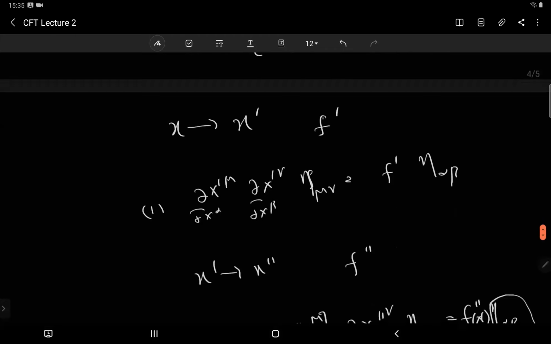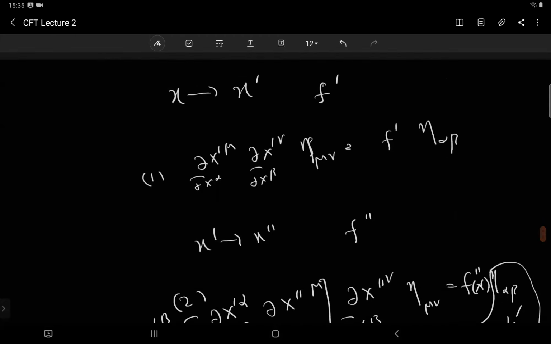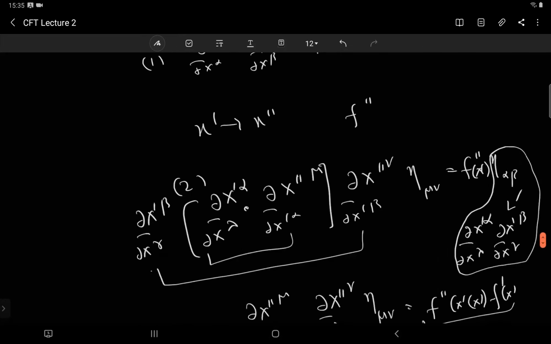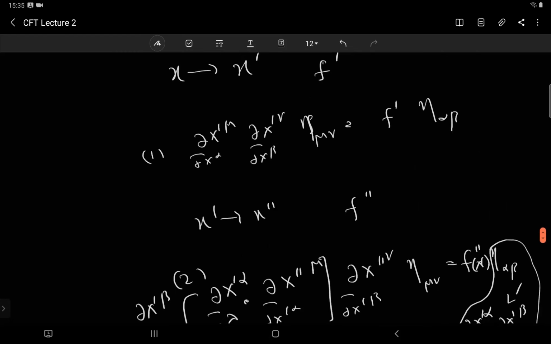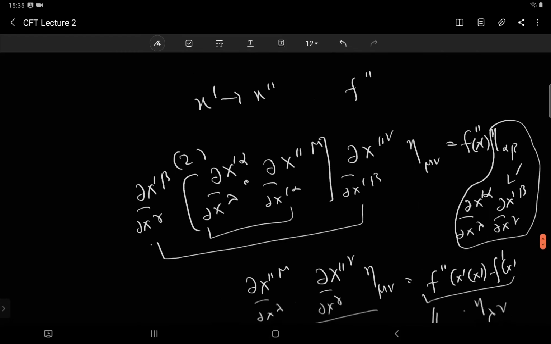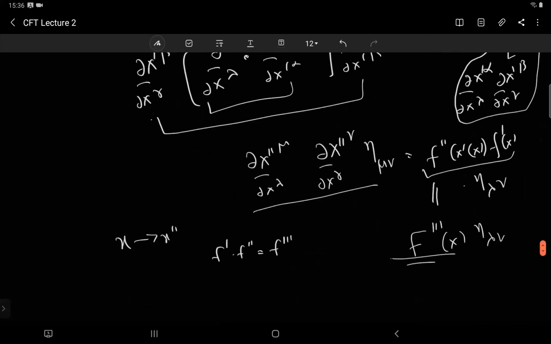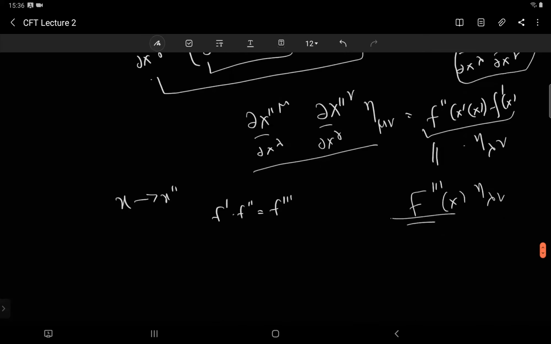Yes sir, that is also okay. And then we showed that if you do two successive conformal transformations, that is also a conformal transformation, because the net result is another conformal transformation. If I go from x to x prime and then x prime to x double prime, it is the same as going from x to x double prime with a new f, and that f is a product of the two initial f's. So this forms a group as long as f of x doesn't vanish somewhere and these matrices are invertible. As long as these coordinate transformations are invertible, but that is what we are choosing. We're looking at invertible coordinate transformations, so as long as that is true, this is possible.